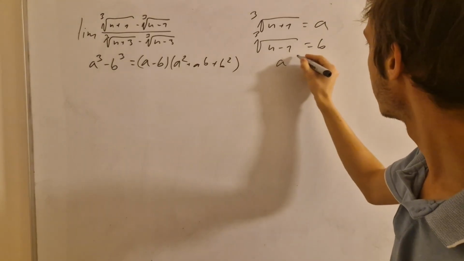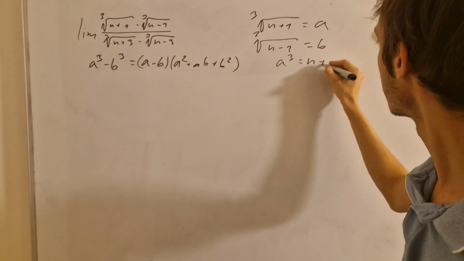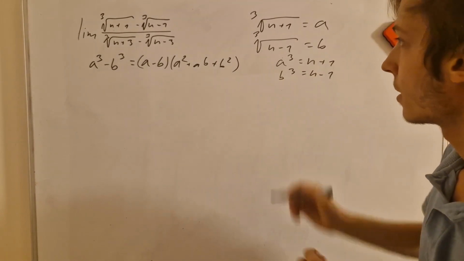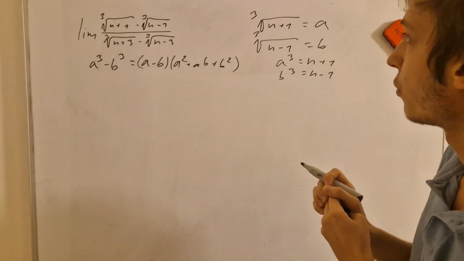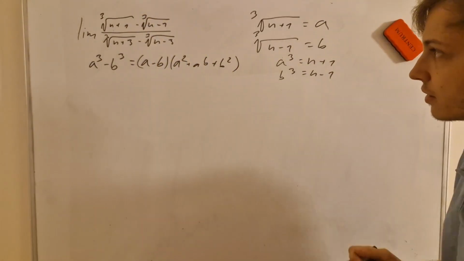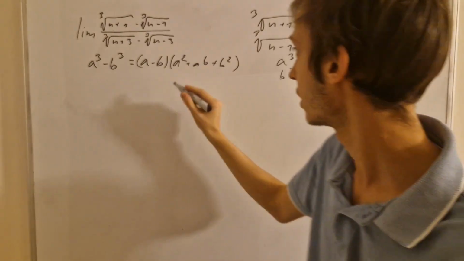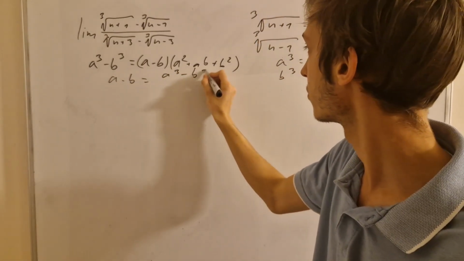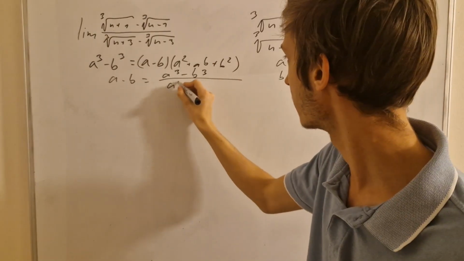Then we can say this. We want to express it for a minus b, because a minus b is the original according to this substitution. So we will get a minus b equals, dividing on both sides by the parentheses,